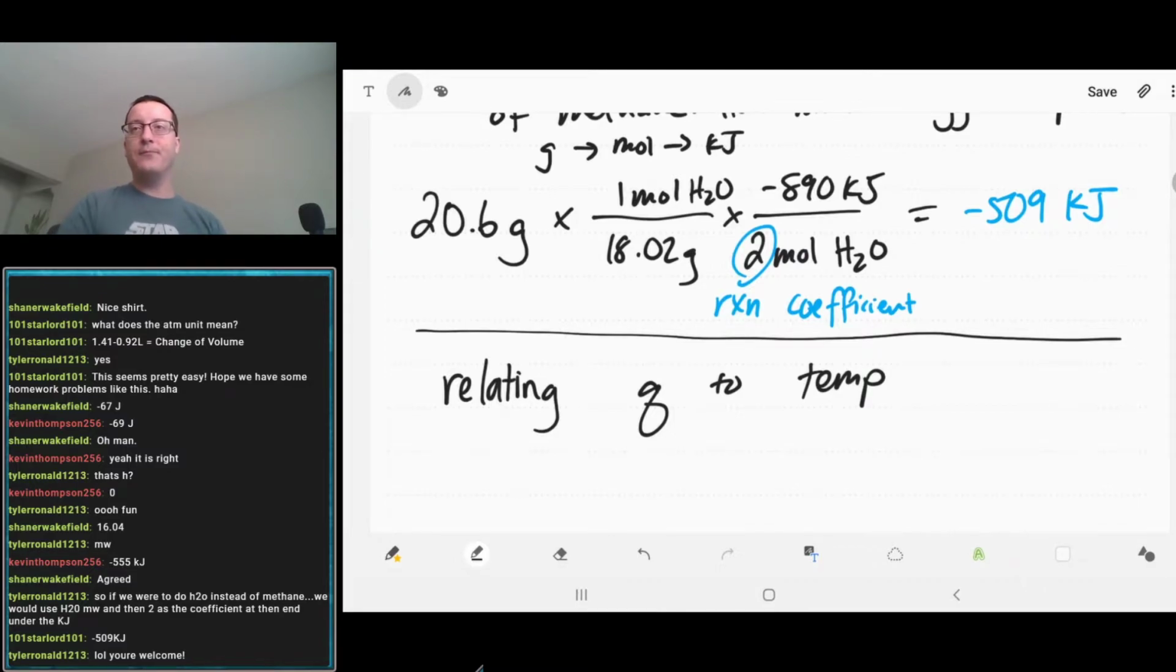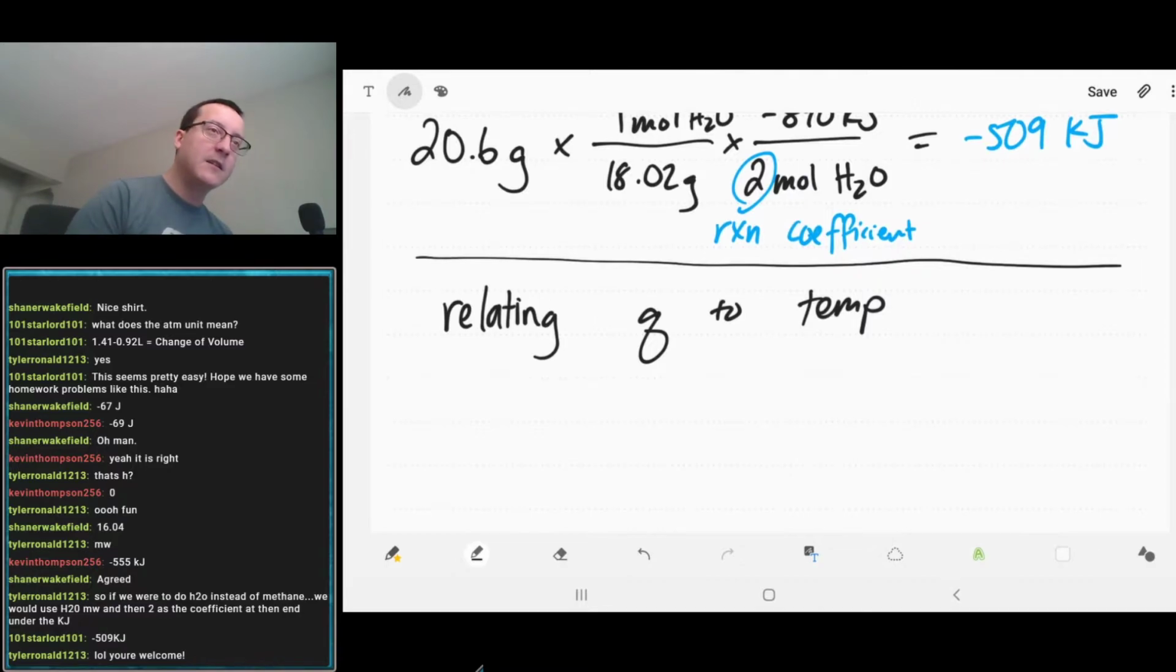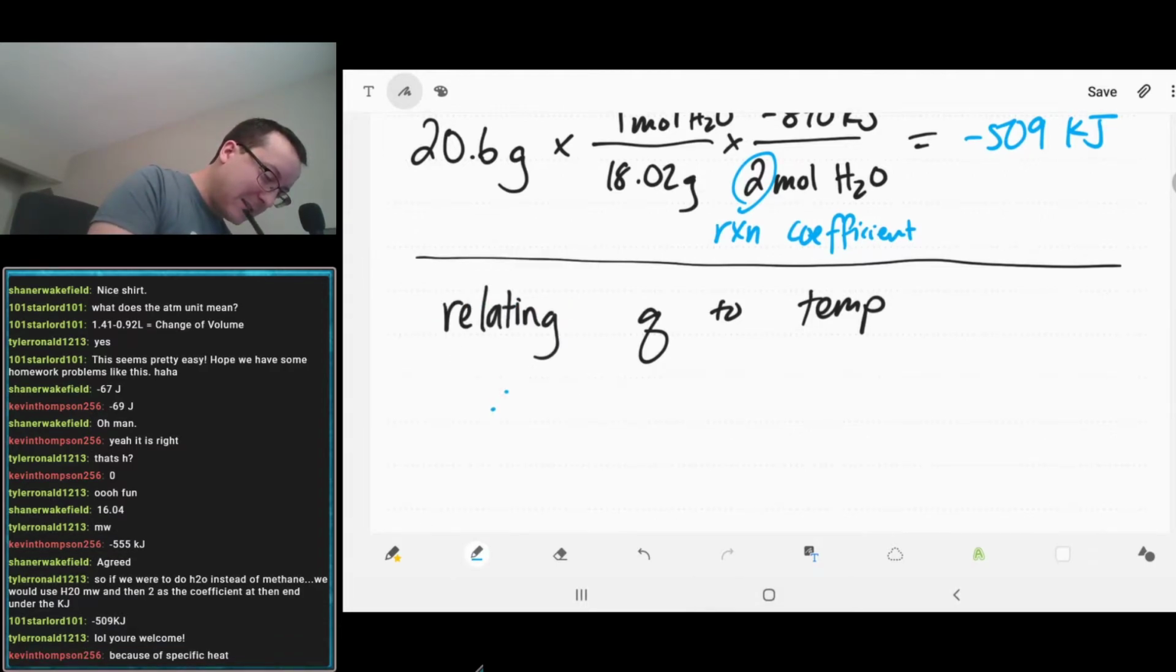So, bad news. For every different substance, unfortunately, the same amount of heat would yield a different temperature change. So if you put 509 kilojoules of heat into different substances, they will reach different temperatures. Unfortunately, there's not an easy way. We're going to have to calculate it for every different substance by using a property known as the specific